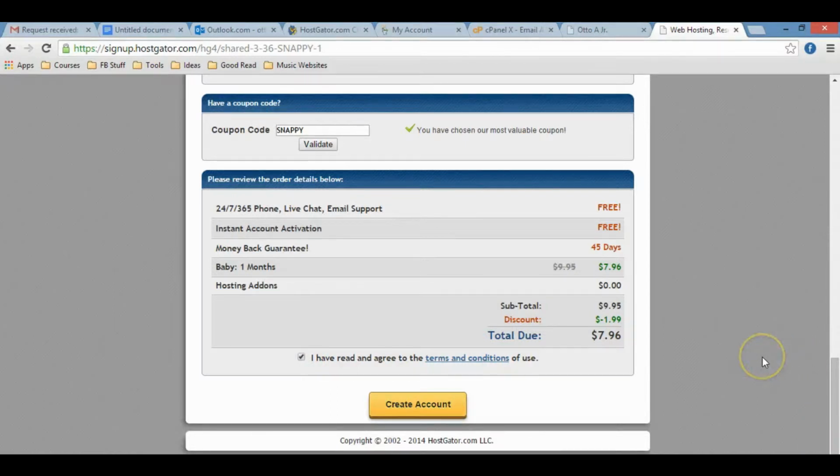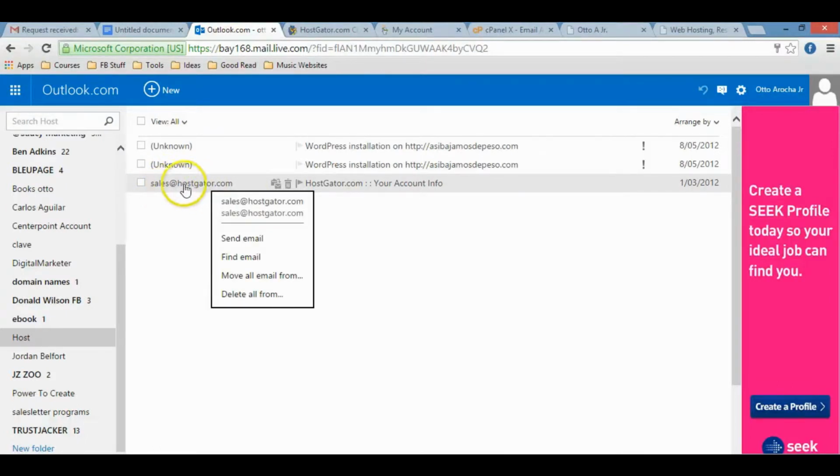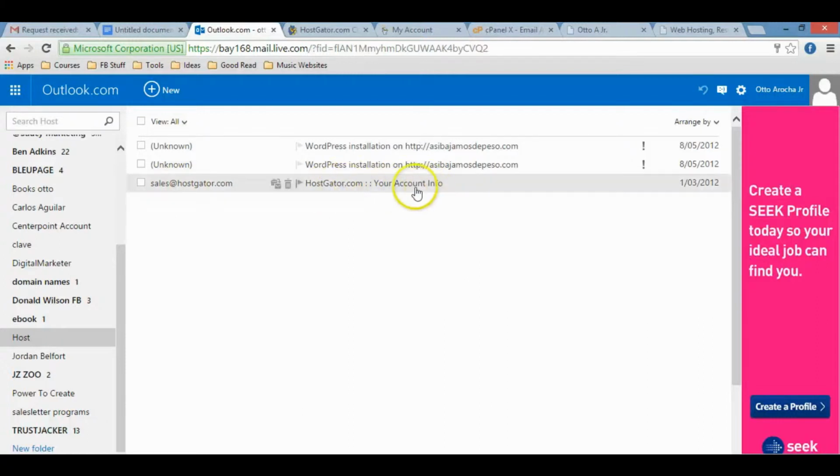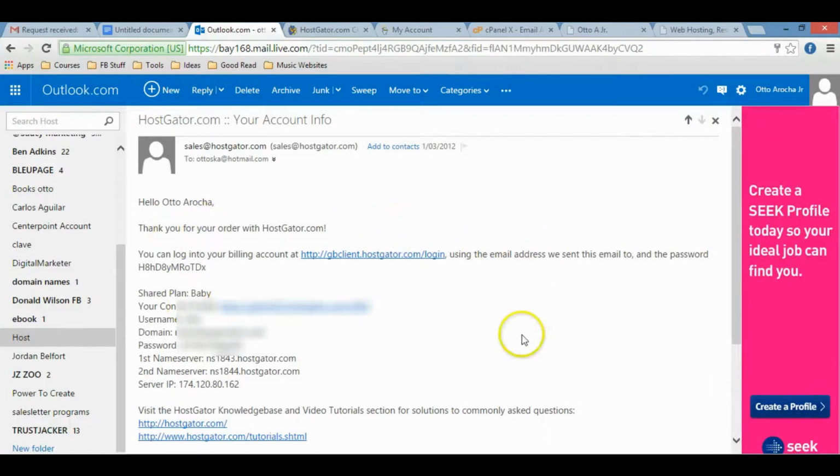Once you create that account, HostGator is going to send you an email that's going to look like this. Their email will be something like sales@hostgator.com, with your account info. You click on that email, and you're going to have all your details about your hosting account, and for you to log in to your control panel. Now your control panel will be this one. You just have to click on this link,